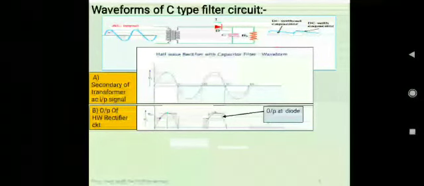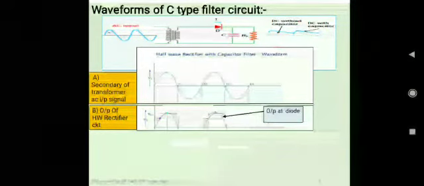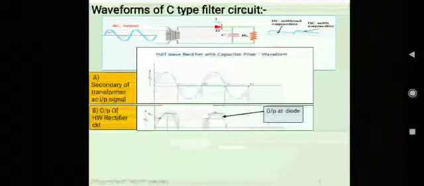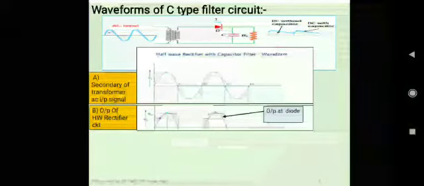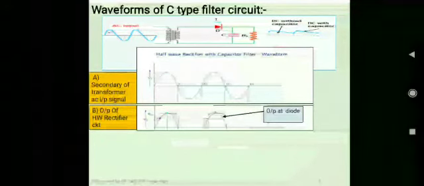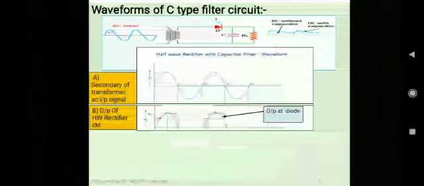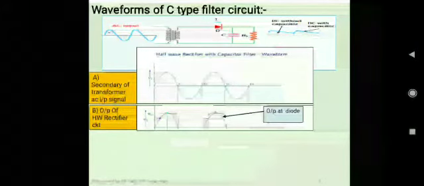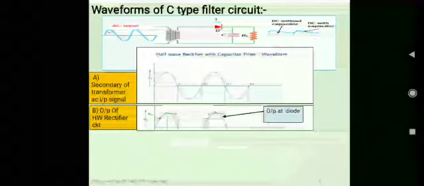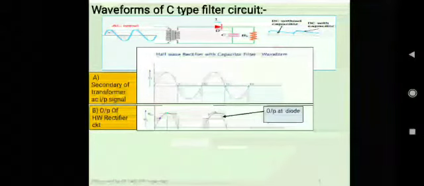Now this is the same diagram what we have seen just now. There is a half wave rectifier. Output of a rectifier is connected with a shunt capacitor, and load resistance RL, across which the output is taken as shown in the circuit diagram. And we know the transformer here used is a step down transformer. So AC input, which is coming from our electricity board, that is 230 volt and 50 hertz, is stepped down to some required voltage that depends on the power supply rating. And for that the transformer is selected.